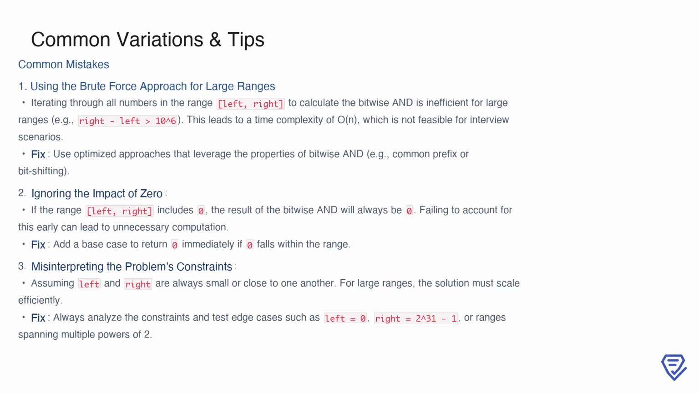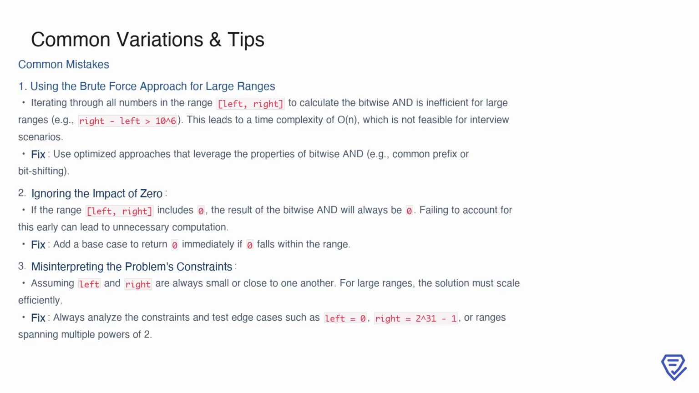When solving the problem of finding the bitwise AND of a range, there are some common mistakes to watch out for. First, using a brute force approach to iterate through all numbers in the range [left, right] is inefficient, especially when the range is large. For example, if the difference between right and left exceeds a million, this approach becomes computationally expensive with its O(n) time complexity. Instead, optimized techniques like identifying the common prefix in the binary representation or leveraging bit shifting can dramatically